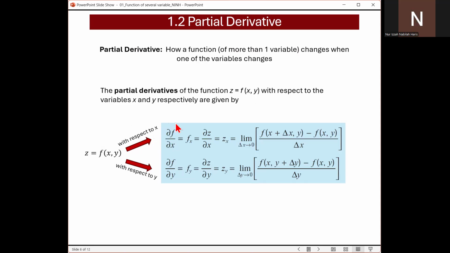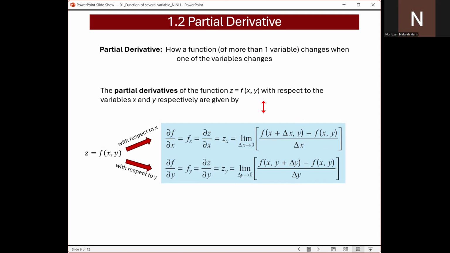This is the notation used for the partial derivative with respect to x. And del f over del x can also be expressed in a simpler notation, which is f subscript x. The subscript x means that we have done first partial differentiation of the function. When we do partial differentiation of this function with respect to only y, then we have del f over del y, and this notation can also be used, which is f subscript y. Okay,